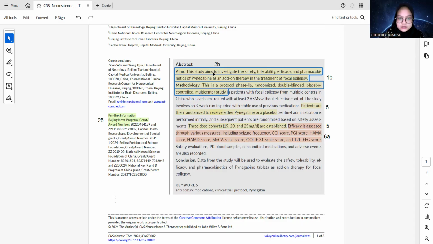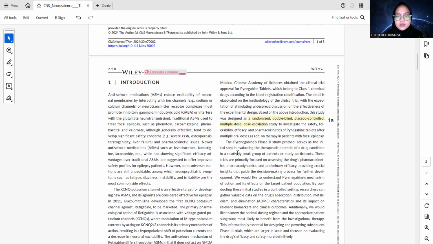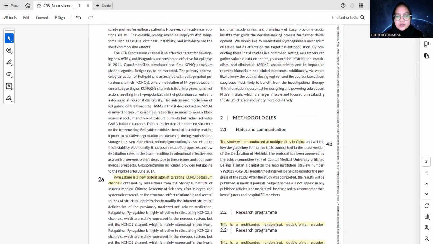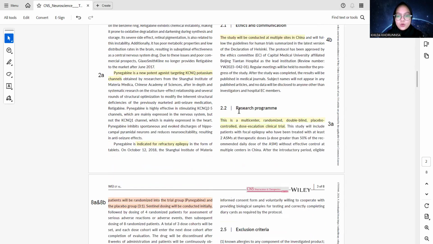Next, let's look at the methods section, the most detailed part of the checklist. Item 3A asks for the trial design and allocation ratio.